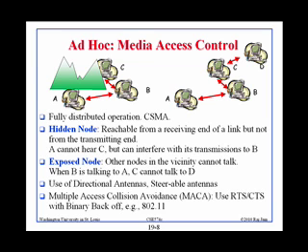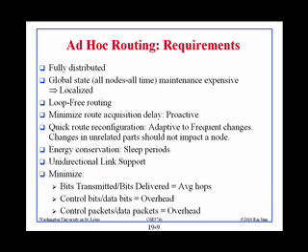Then the question is routing. Media access control is very similar to other wireless networks, but routing is much more challenging here. But it is fully distributed, and you cannot have a global state. Global state means we cannot keep track of the whole network. So for example, if I were to keep track of all the nodes that are here right now, and I knew what is their power, reachability, and frequency, and so on and so forth, then I would have easy time how to go from here to there, right? But you cannot do that because it is very expensive. So we have to work on the local information.